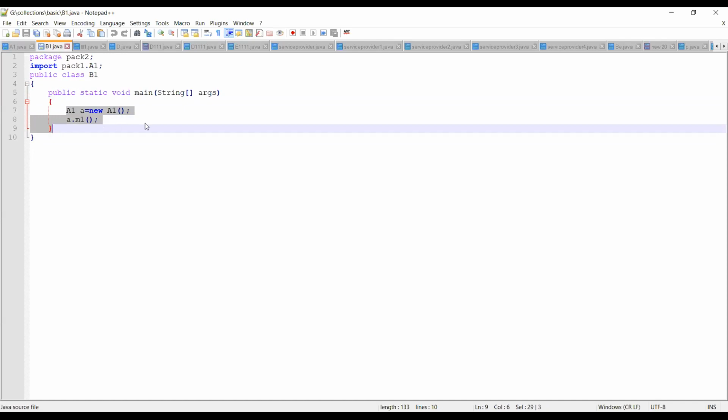Yes or no? What is the conclusion we can draw? Now I have two different files. In one file I have written one class with a method, and in another file I have written another class. I'm trying to access the method present in the different class. Since that particular method is declared as public, we'll be able to access it anywhere. See, in two different classes, I'm able to access this. Correct? So this is one example that I wanted to share.